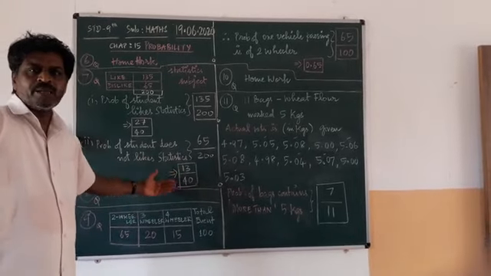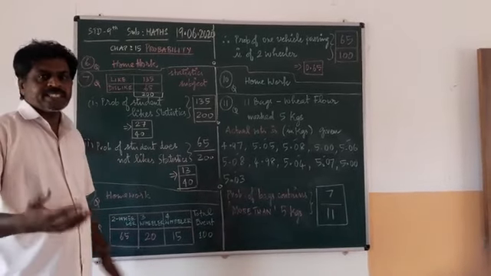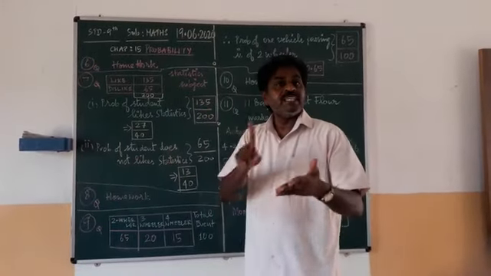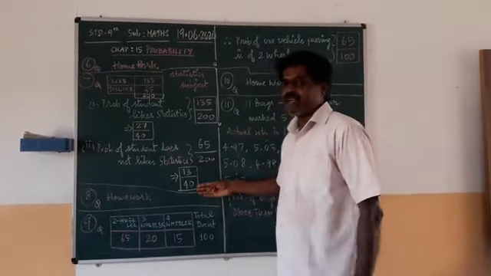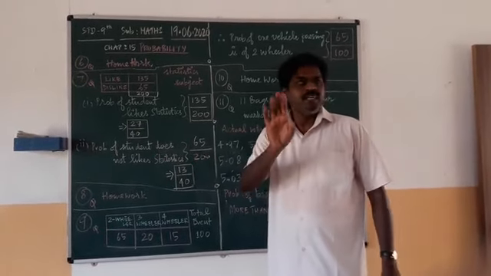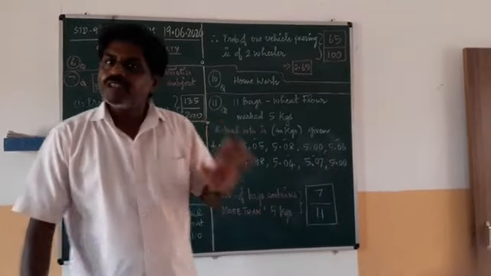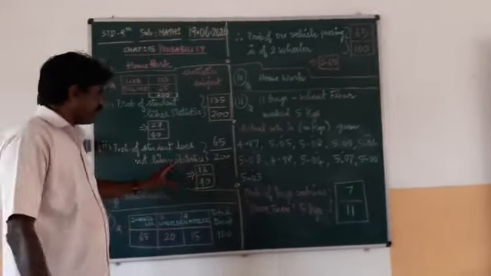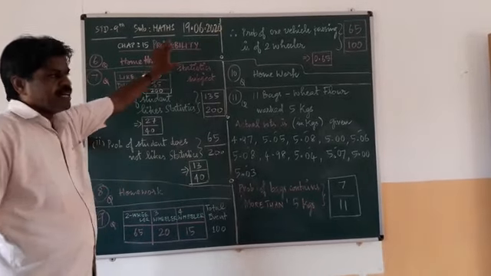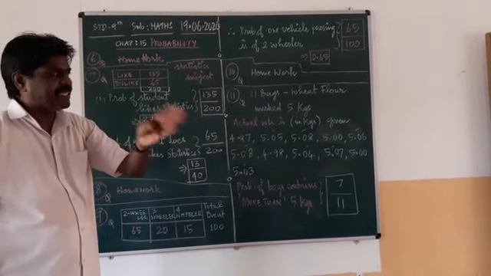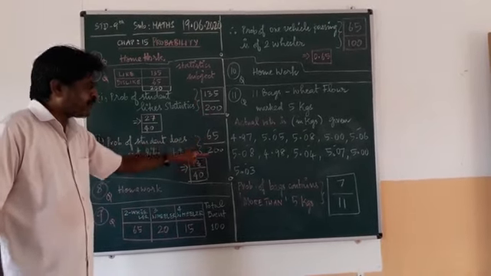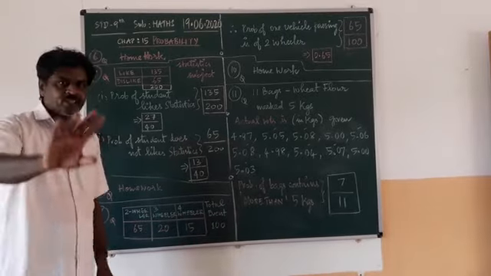If it is a multiple of 100 or 1000, then you can put the decimal point and write it in decimal if it is a smaller number. If it is a bigger number, don't try division; keep it as it is. You will get the mark for that problem. Understood? So the 7th question is the statistics subject, those who like and dislike: liking 135 upon 200, disliking 65 upon 200. Simplify, write the ratio. Finish.